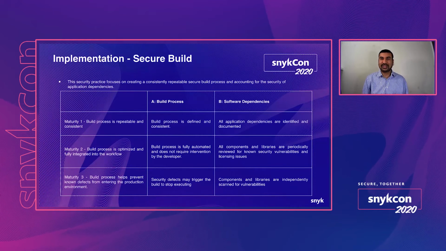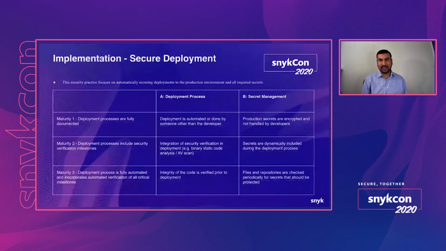Now let's look at secure deployment practice, which is also another new practice that we introduced in version 2.0. This practice focuses on automatically securing deployments to the production environment and all required secrets. One of the final stages in delivering secure software is ensuring security and integrity of developed applications are not compromised